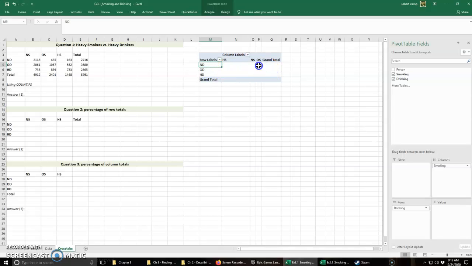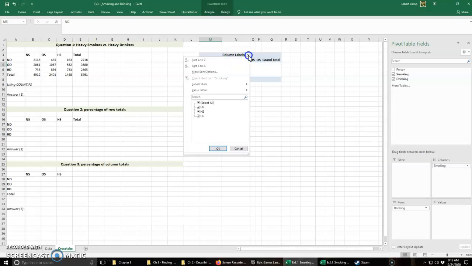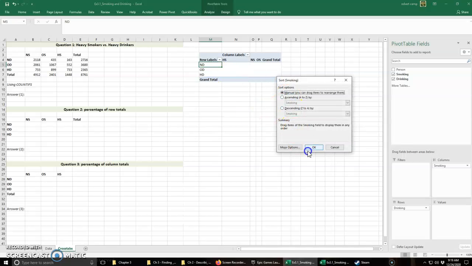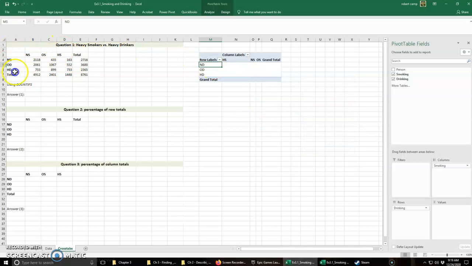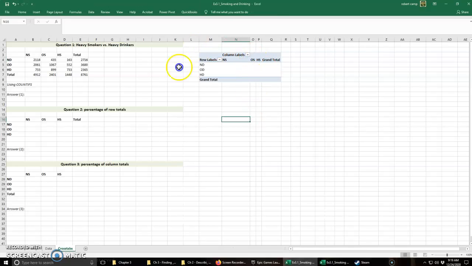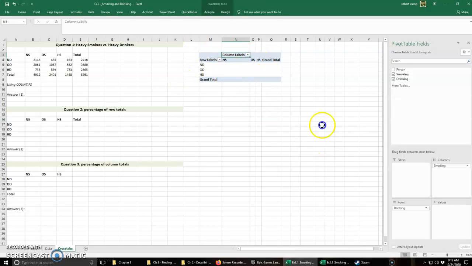So, okay, and then we look over here on our columns, and I'm just trying to match what we did in Excel here. So this one should be over here, and then this one should be over here. Okay, so now that all matches, and so now what we want to do is we want to look at